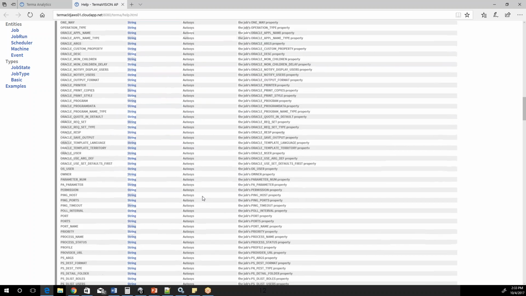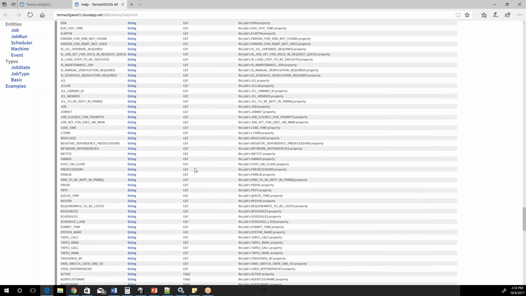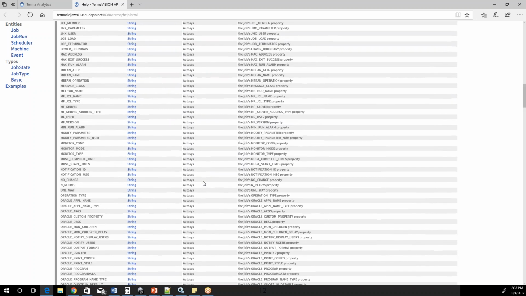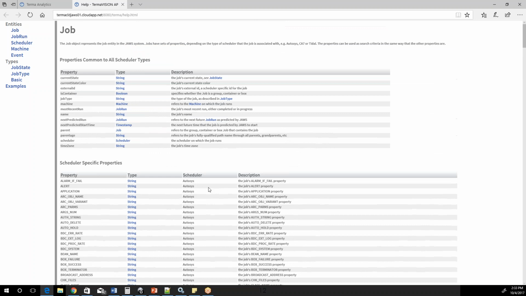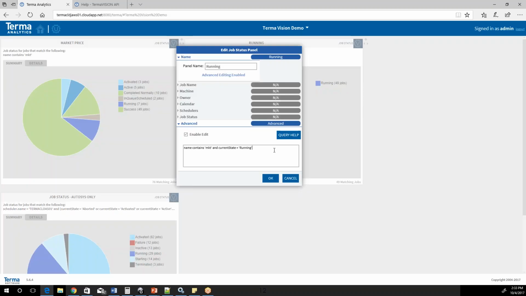As I scroll down, the other scheduler types are here as well. There are literally hundreds of different properties that you can filter on. So it's every possible property of your job. So if you wanted to, for example, filter on application for AutoSys, where you want to see all the jobs where the application matches a certain string, you can simply copy that